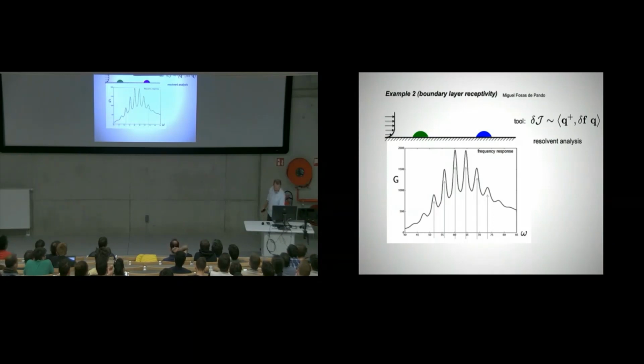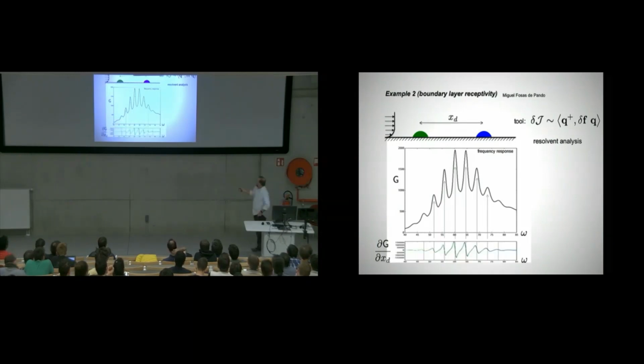so on. So what we did is we wanted to know if we change the distance between the two bumps, what will happen to this curve, okay, the amplification. And usually what you have to do is you take the bump a little bit further, you do the whole thing, the whole calculation again, and then you get a second curve, okay, and then you see how that second curve changed. But since we have the forward and the adjoint problem, we have everything we need.